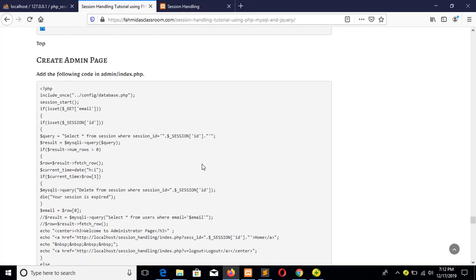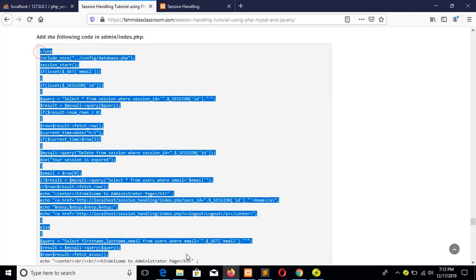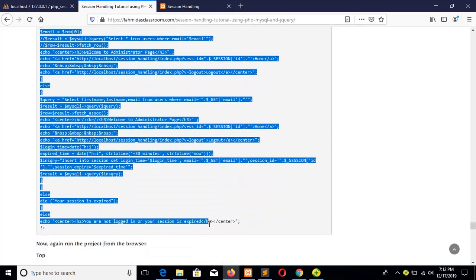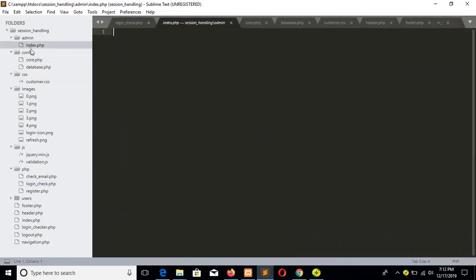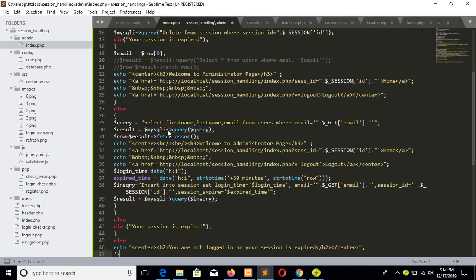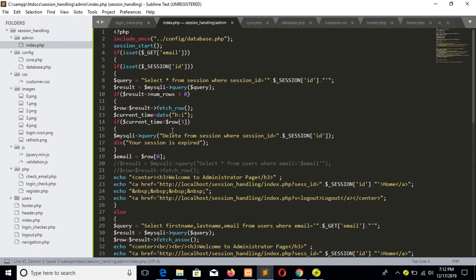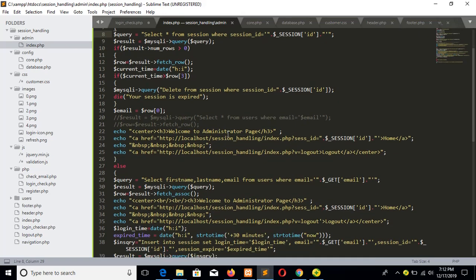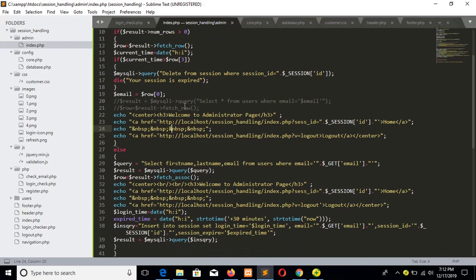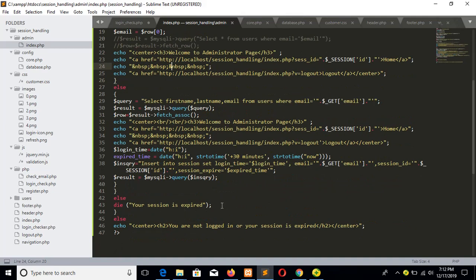Okay, now create the index page for the admin. A very simple page is created here. You can modify it later. Save the file, and it will check whether the admin is already logged in or not by querying the data from the session table that I created at the beginning of the tutorial. And if the user is already logged in, it will show the home page. Otherwise it will give a message, your session is expired,